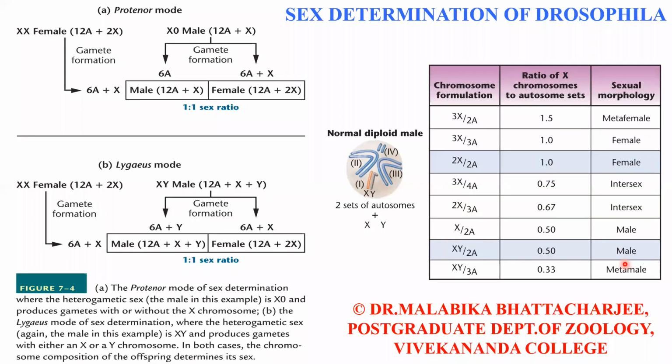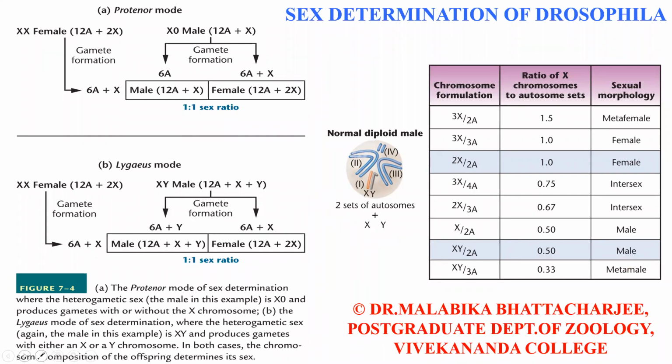Now the question is, if the number of X chromosomes and the sets of autosomes actually determine sex in Drosophila, then automatically the question comes: for wild type Drosophila, what happens? How is the information of the ratio transmitted to the sex determining genes, which make the choice between the alternate female and male development pathways, starting with the master regulatory gene SXL? So we will now move on to that, how is this ratio detected?